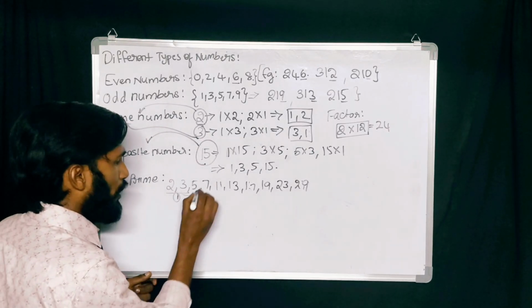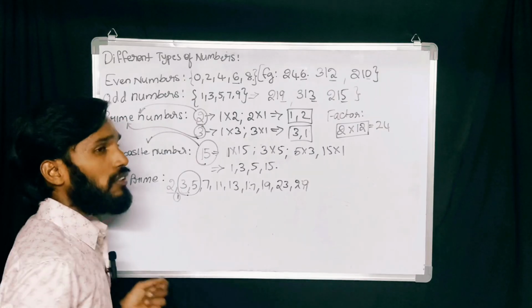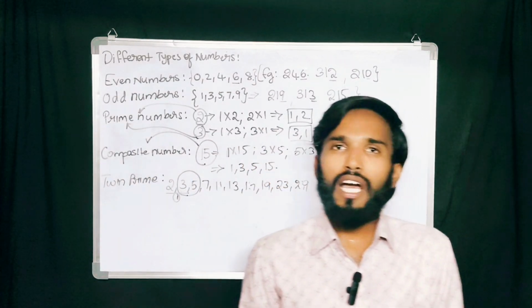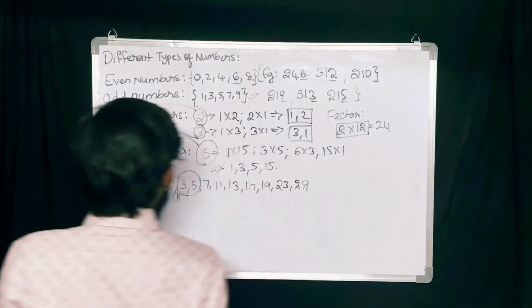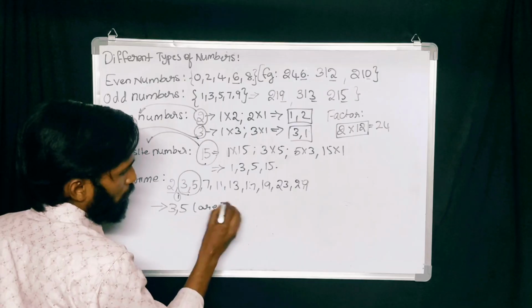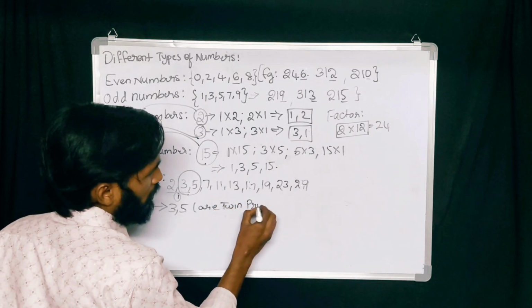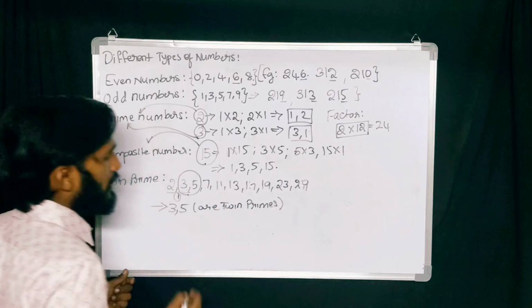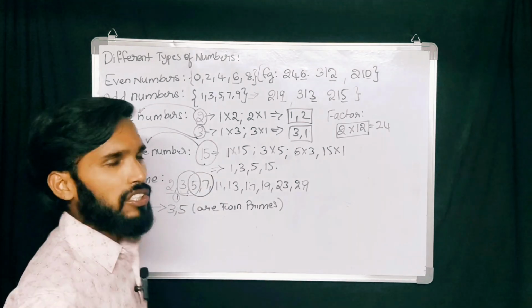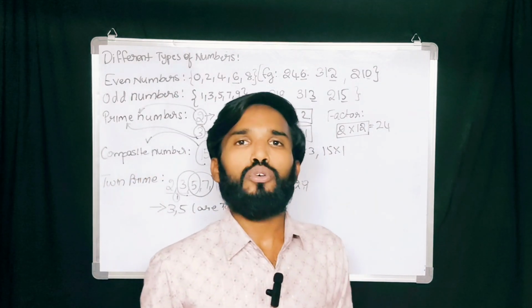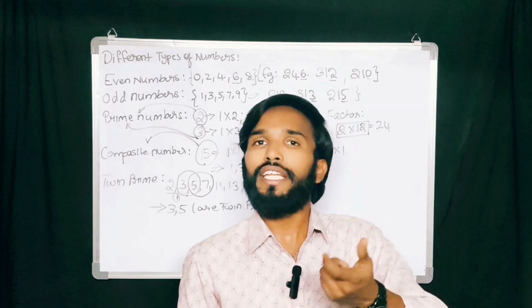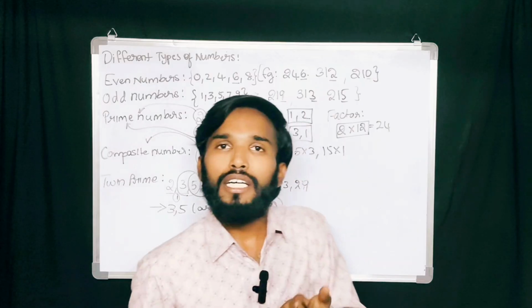But when you subtract 3 and 5, what difference will you get? We get 2. The difference is 2. So here 3 and 5 are twin primes. Like that, 5 and 7 are also twin primes. Why? When you subtract 7 minus 5, we get the difference of 2. So where you get the difference of 2 between any two prime numbers,